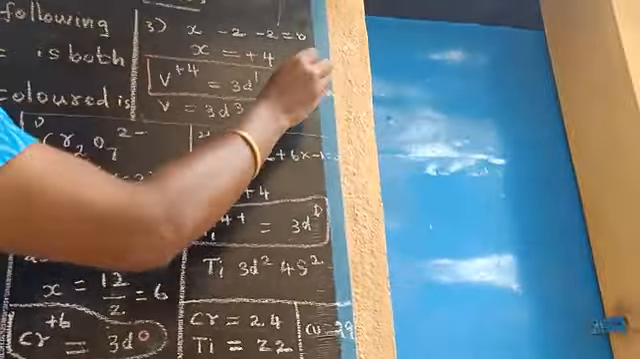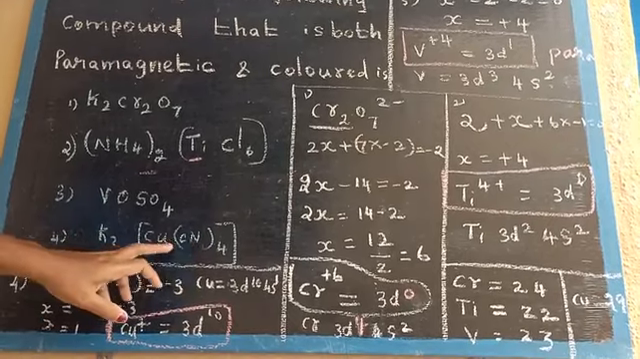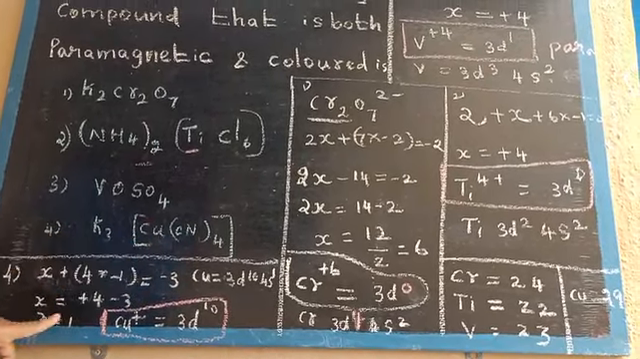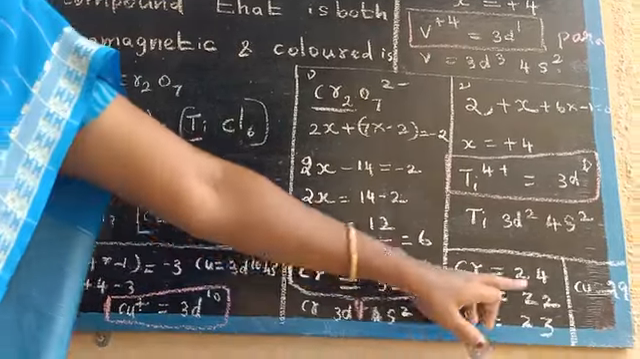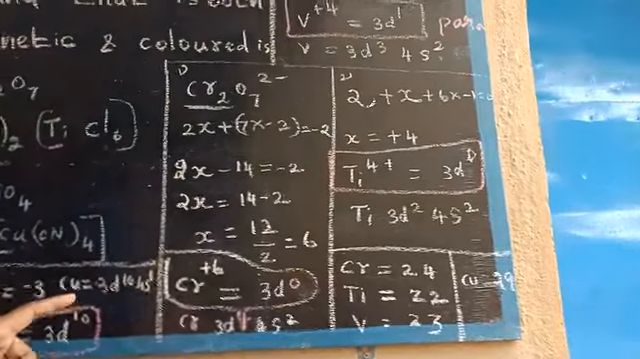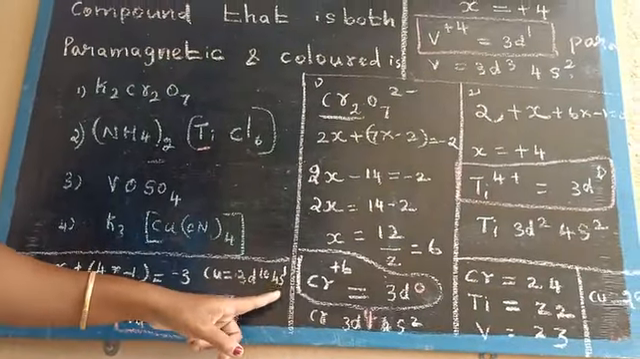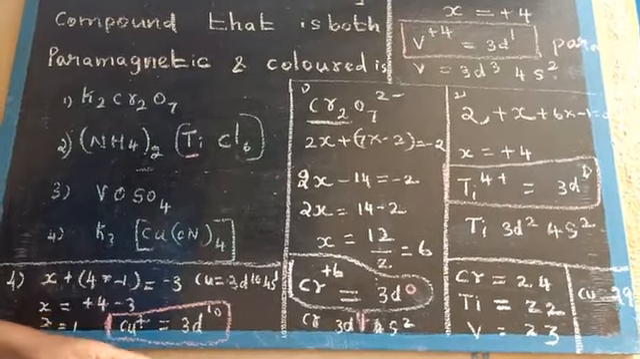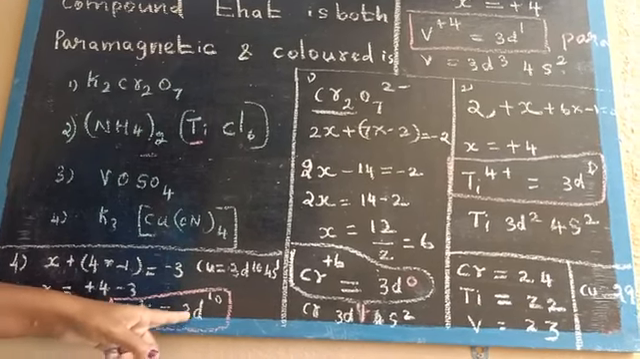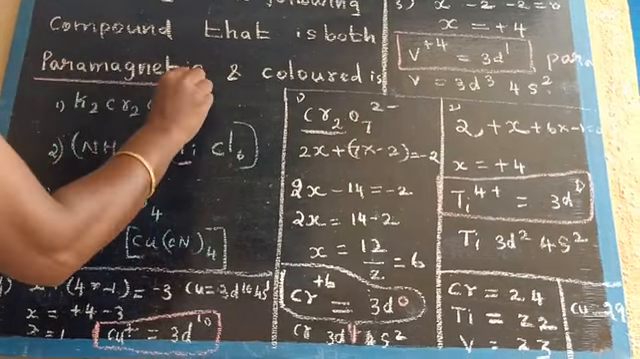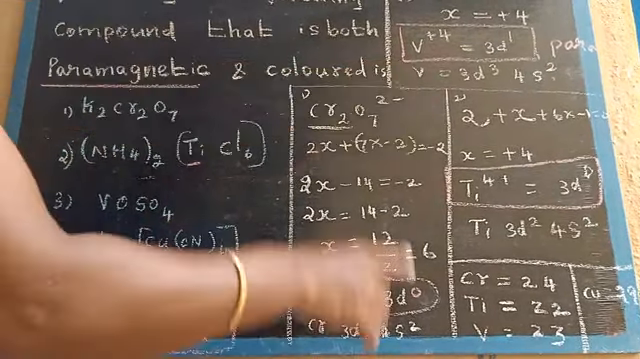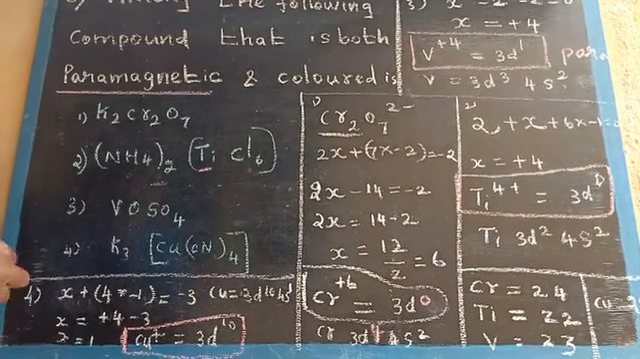Paramagnetic. Okay, so this one is diamagnetic, this also diamagnetic. Next, the fourth option, K3[Cu(CN)4]. Here the metal is copper, Cu+, 3d10. Copper atomic number 29, electronic configuration 3d10 4s1; in Cu+ one electron is lost, so 3d10. This one is also diamagnetic, but the question asks for paramagnetic. So this alone is paramagnetic. So the correct option is